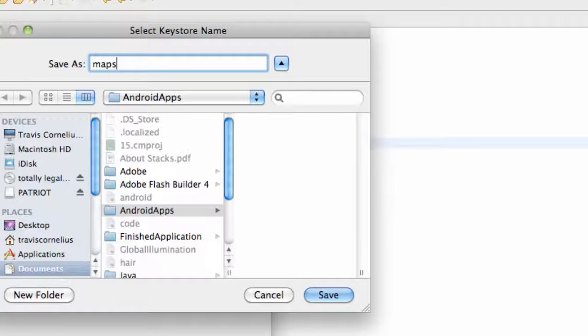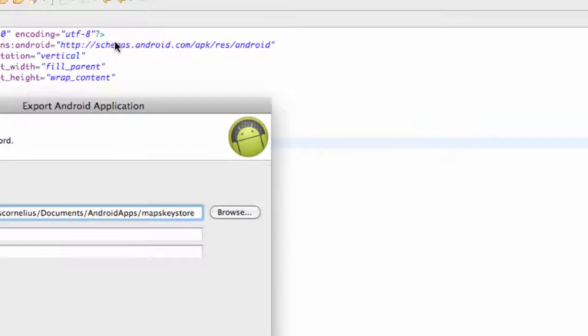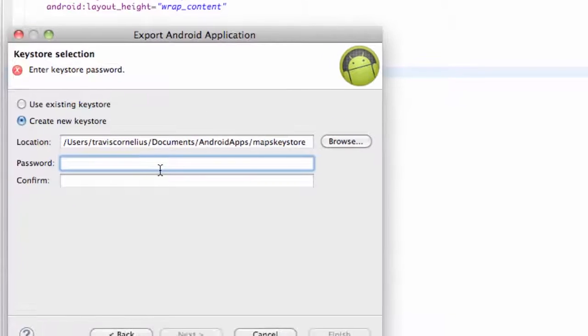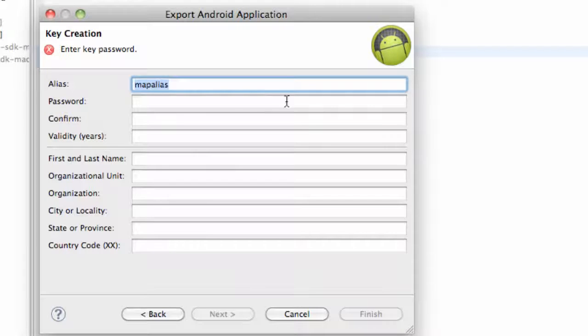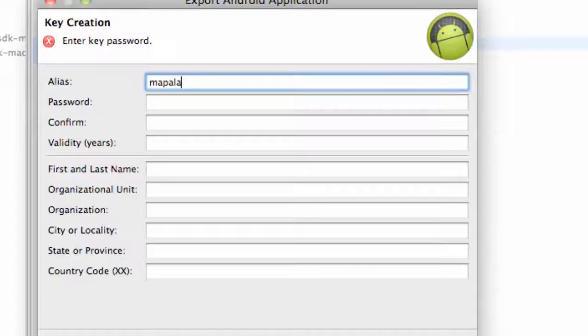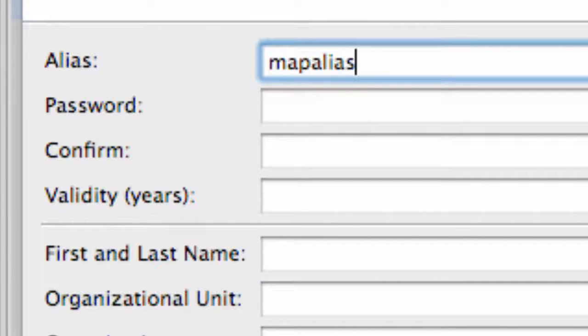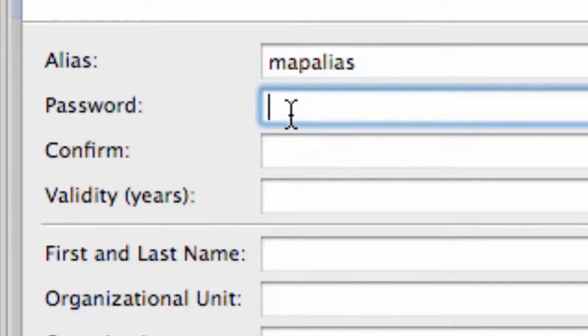So just create a folder called Android apps, and we're going to save this as maps key store. Hit enter, and then we need to create a password that we're going to remember. I'm going to say Travis and hit enter. So now that's where we created our key store, and we also have to create an alias. So I'm going to label mine maps alias,